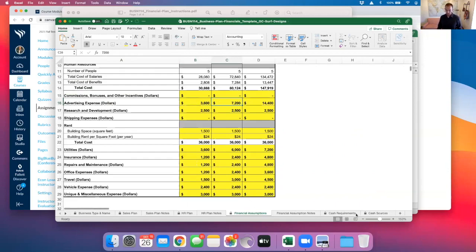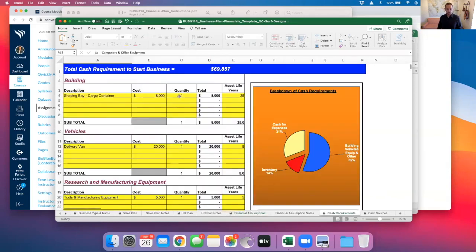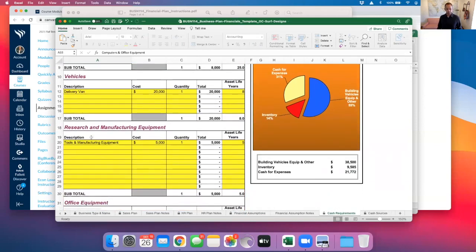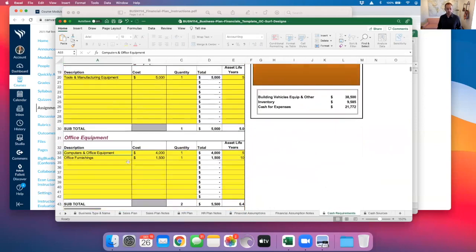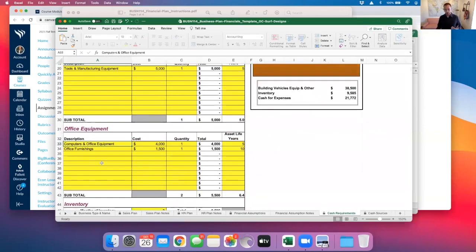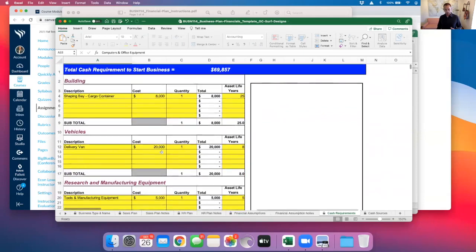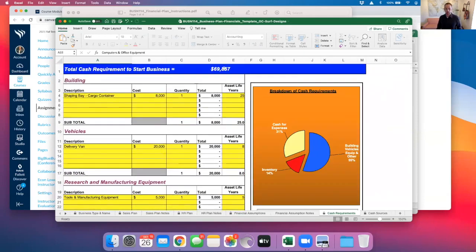So again, here's financial assumptions. Then we get to our cash requirements. Remember, this is the startup expenses. So before we can even go into business, we have to get our building set up, and we may need to purchase delivery vehicles or manufacturing equipment, and office equipment, and so forth. So in this example I've put forward some numbers, and it totals a total cash requirement to start the business of roughly $70,000. Well,